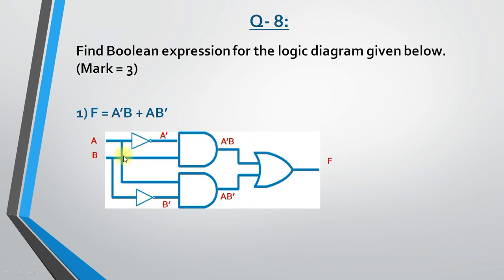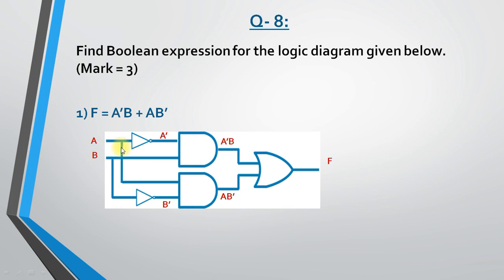So when a logic diagram is given in the exam, you need to take a pencil, and with the help of the pencil you need to find these values, right? So that you can easily form the Boolean expression. Now see, what is the name of variable A, and what is the name of the second input variable B, right? Now see, this is an AND gate. So naturally between the variables A and B there is a multiplication sign.